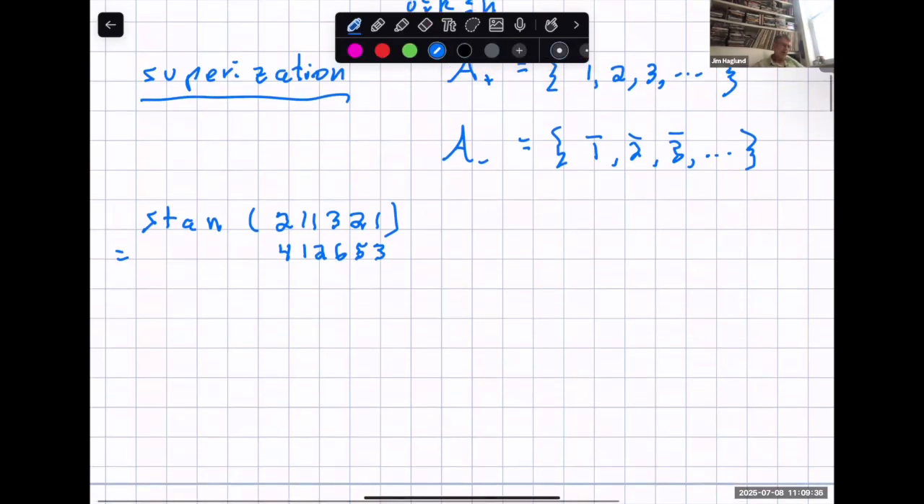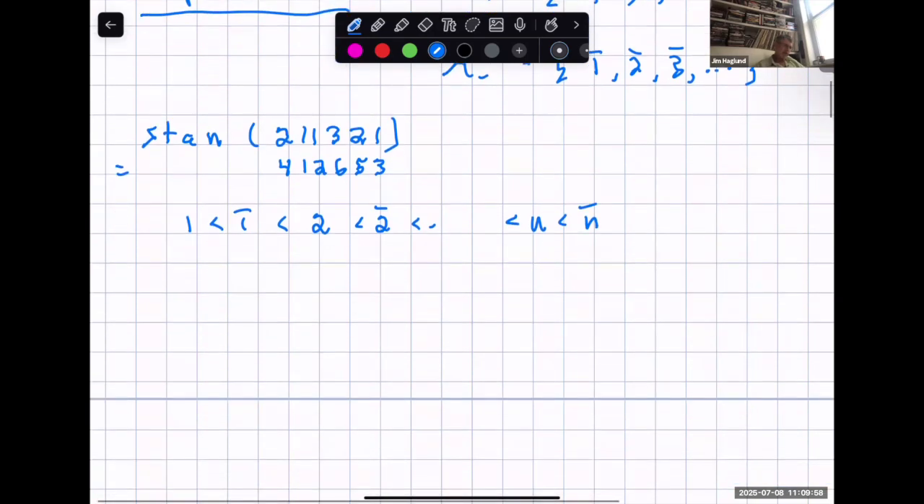And then we'll also be working with what are called superwords, which have the barred letters as well. You need to fix an ordering of the alphabet in order to standardize. So here's one ordering that we'll use. And given that ordering, what, for example, is the standardization of